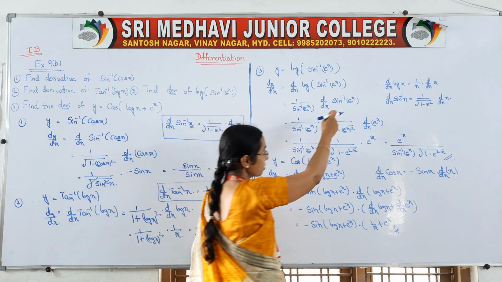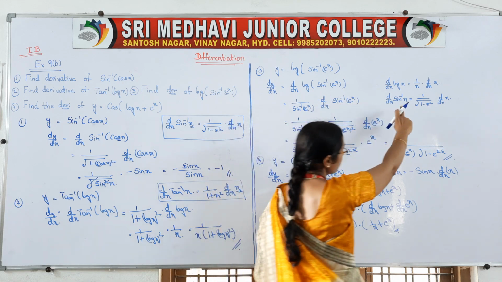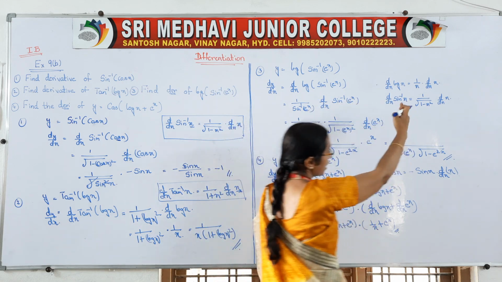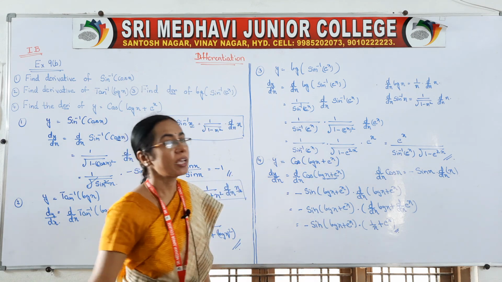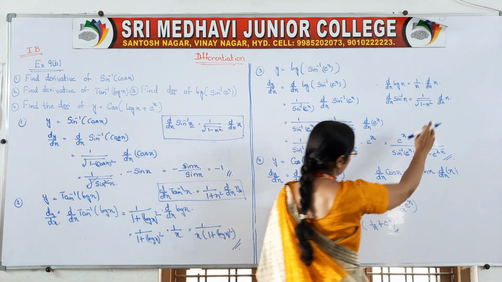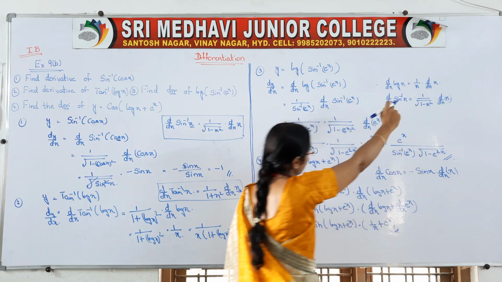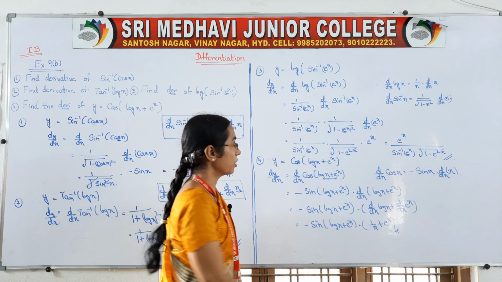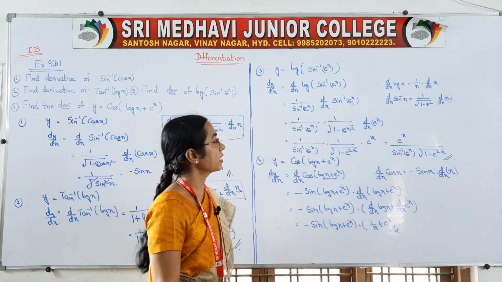In the variable place we are having e to the power of x. So now go to the formula d by dx of sine inverse x. D by dx of sine inverse x is 1 by root of 1 minus x square into d by dx of x. Same thing, variable it is, right? So instead of x you can have any value. Here you are having that value as e to the power of x.